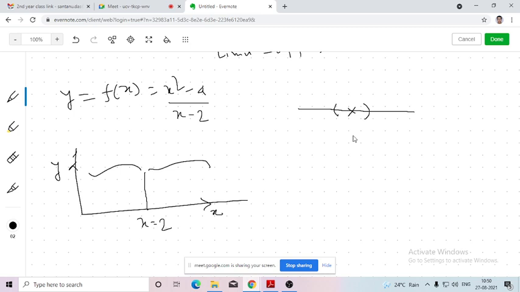Yes, sir, two directions. There are two directions. Either we could approach this point from this end, or we could approach from this other end, from the nearer points. So around this point we are taking an interval. There is the left hand interval and the right hand interval. Let's say we are taking this length and this length as equal, say 0.001. So this point will be 2.001 and this will be 1.999.